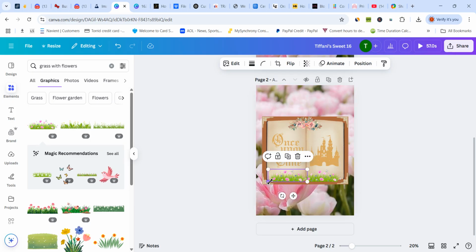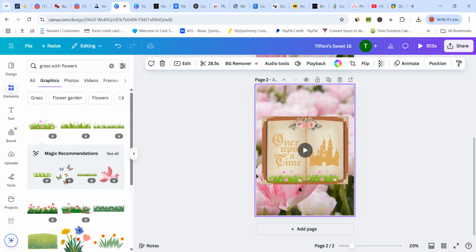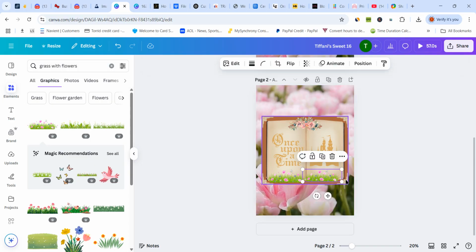And you can take these and extend them a little bit so they actually kind of meet the bottom of the page. And let's see what that looks like. That looks good. So I'm going to bring it over just a little bit so it meets the end of that page. And again, you can play with this. You can make it more center, but for the purposes of the video, I just want to show you that